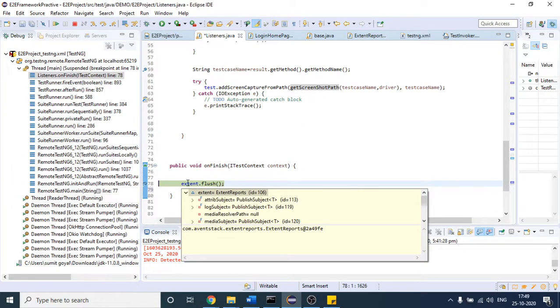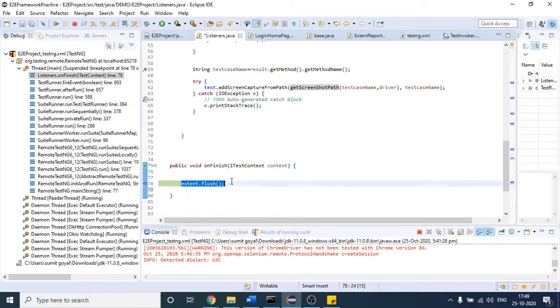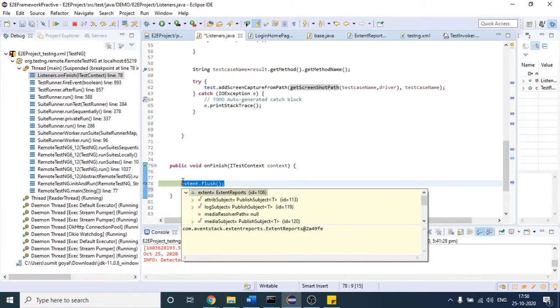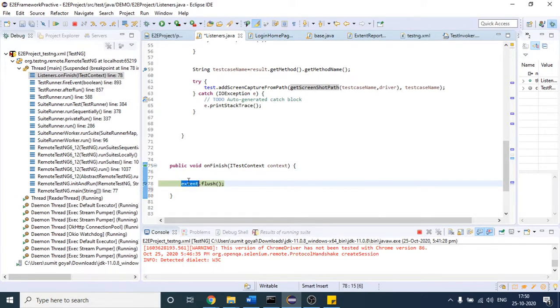So once all your test cases are over, we will come to this block, which means all our test cases got finished and we do not have any new test case. When we come to this, it just tells the extent object that you do not have to listen anymore, and to create the required file, or you can say consolidate all the required files. So click this.